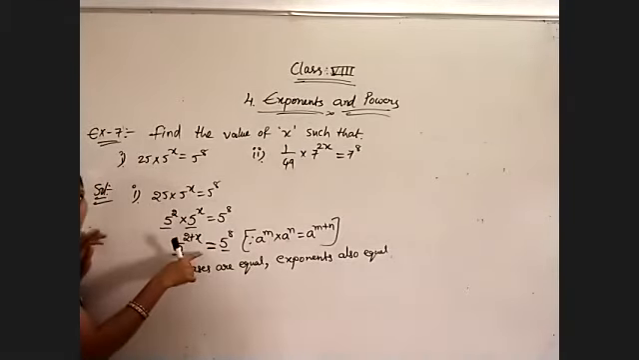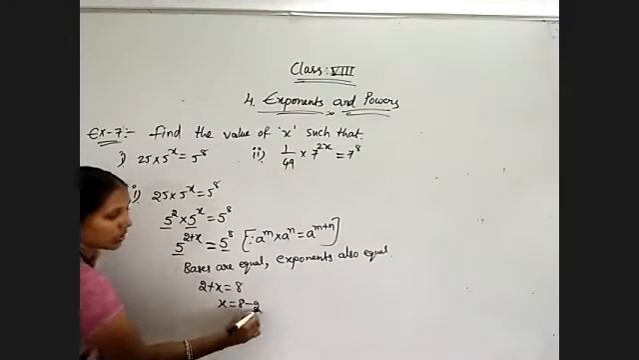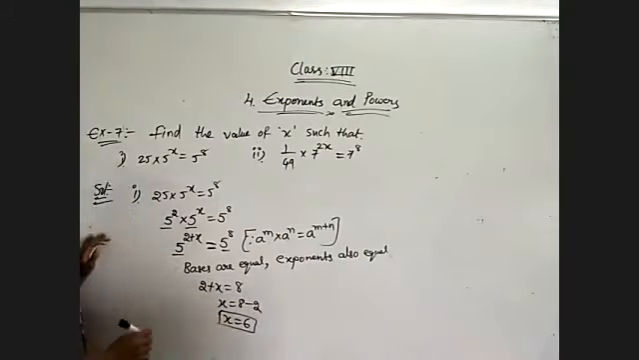Therefore, the bases are 5 on both sides, so we get the equation: this value equal to this value. 2 plus x is equal to 8. Then x will be equal to 8 minus 2. So x is equal to 6. This is one of the methods. Otherwise,